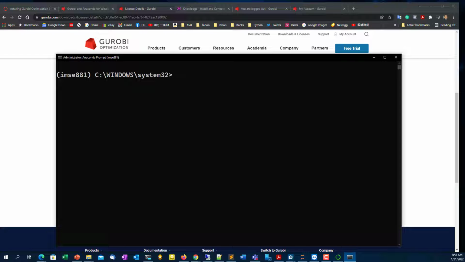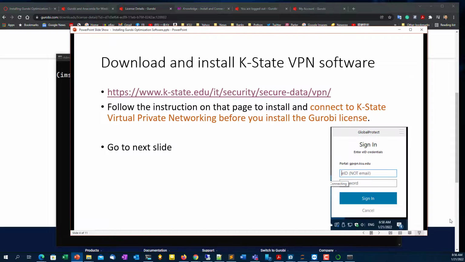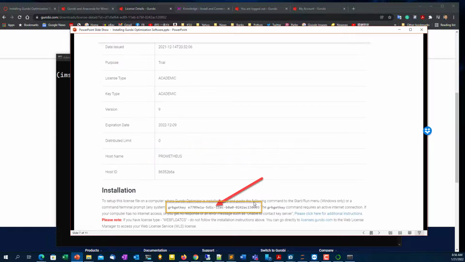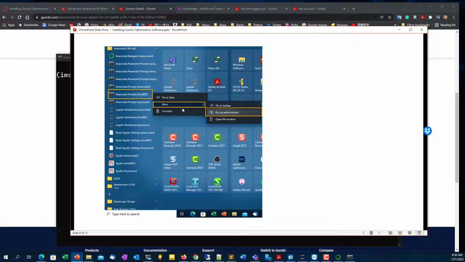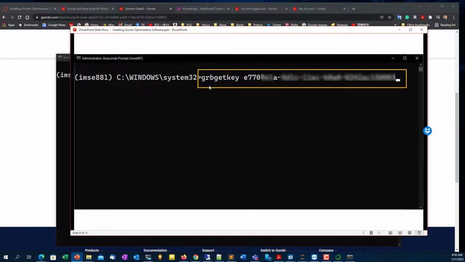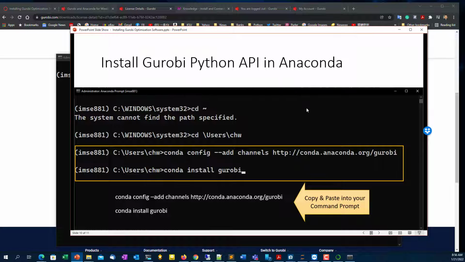And after that, what you have to do is, here you're using a command prompt for your user profile you're going to be using for this class, and then you say run as administrator, and then you copy and paste the Gurobi grbgetkey with your particular license number. And then after the license is installed, you're ready to install the so-called